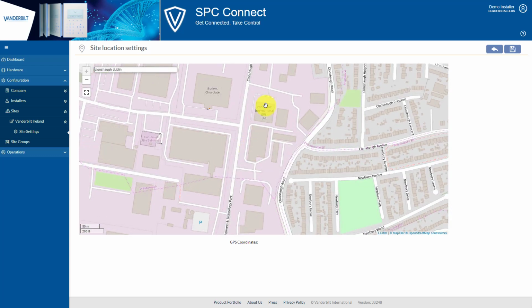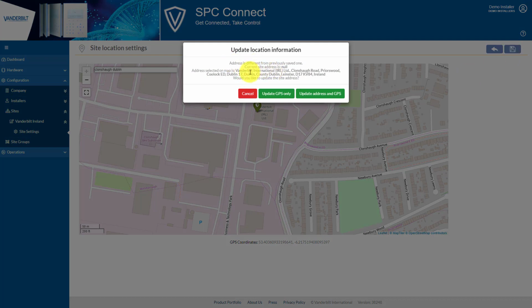But the Vanderbilt office here is there, and I can right click now and just go add site marker, and it'll automatically pick an address. So I can click save. It'll now ask me, it says the